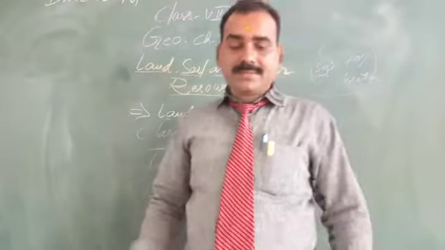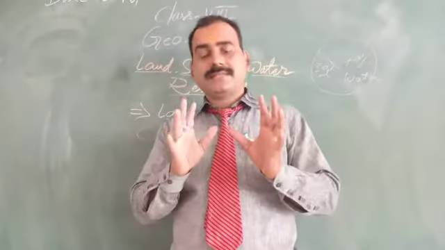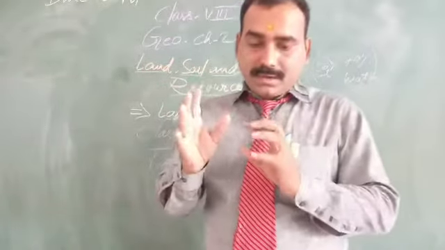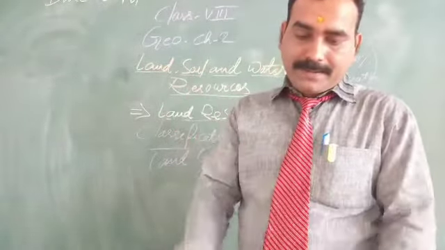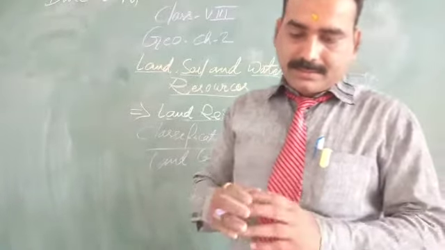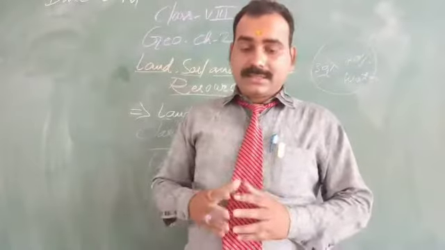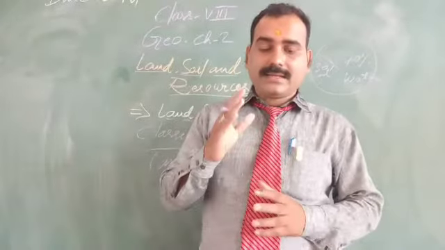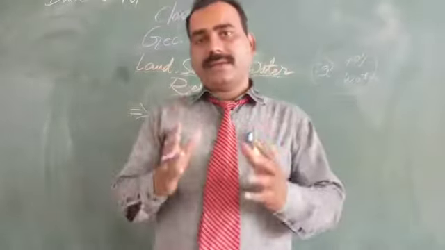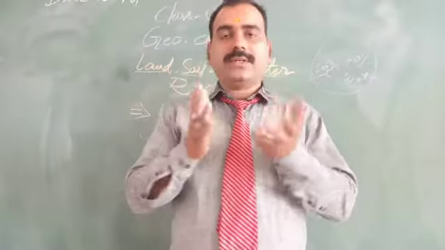Together, all these are responsible for the removal of nutrients from the land, and add to this natural disasters such as floods and landslides, which are also responsible for land